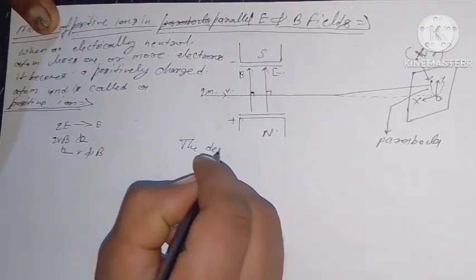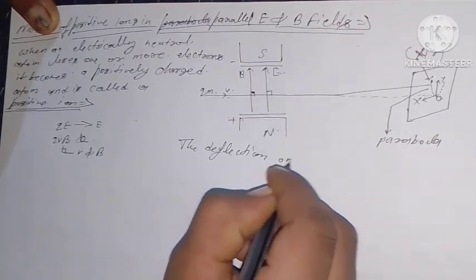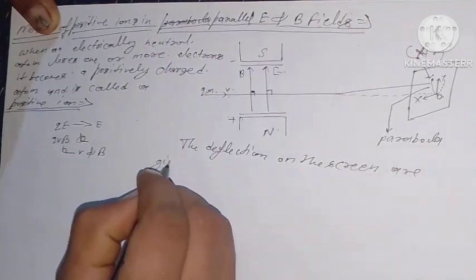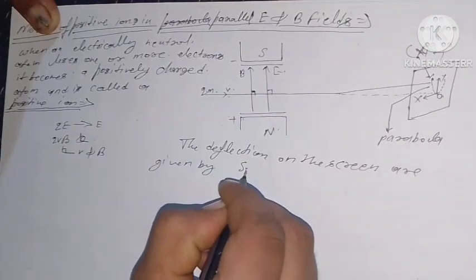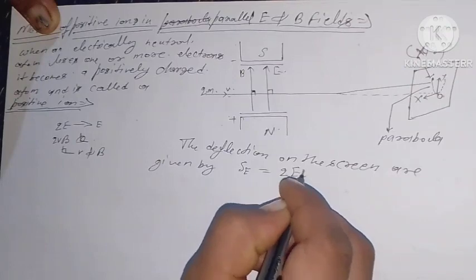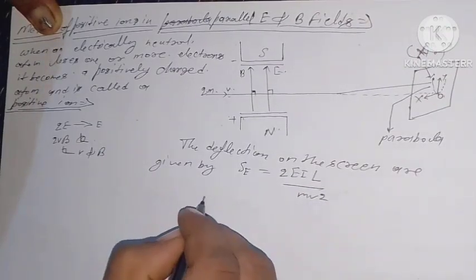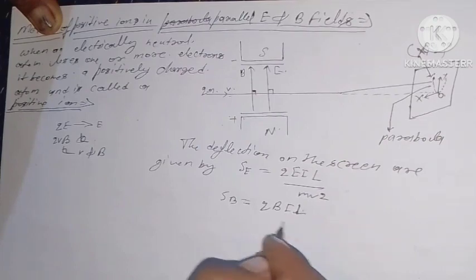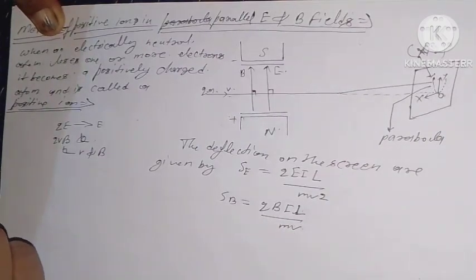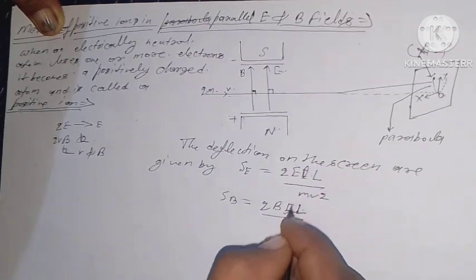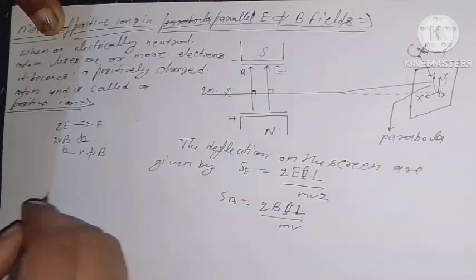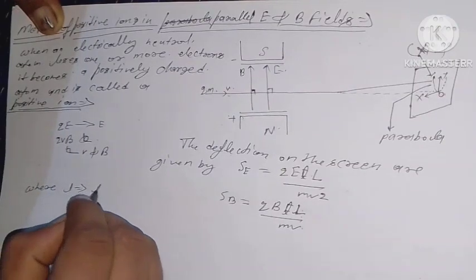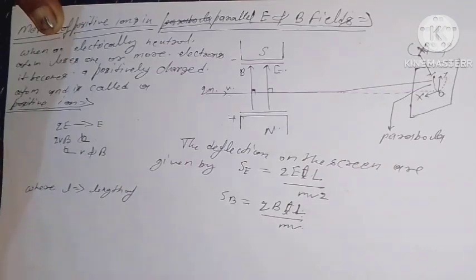The deflections on the screen are given by y = qEIL/mv², that is, x = qBIL/mv, where l is the small l, and L is the capital L. Here, l is the length of the horizontal path,